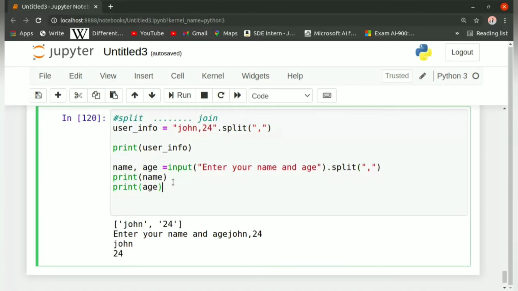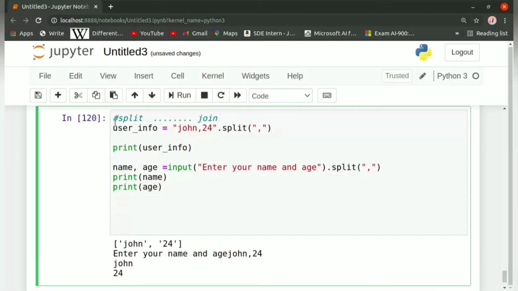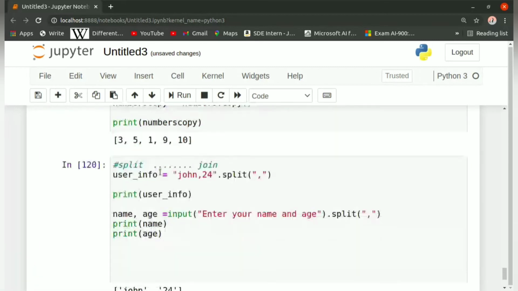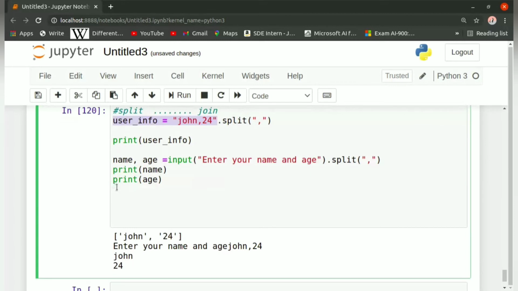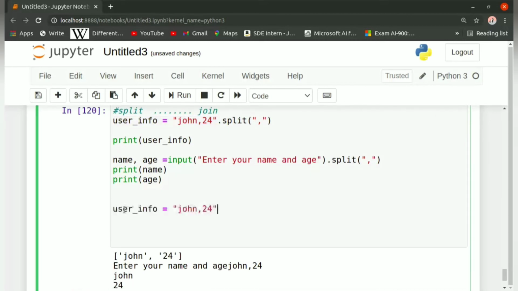Now let us know what is the join method. The join method is basically used to convert lists to string. Now we have a list named user info, and in it we have two elements, John and 24.